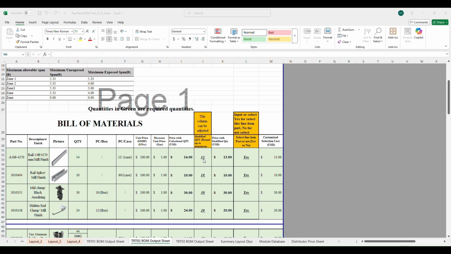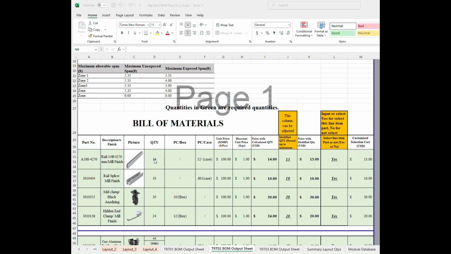And you can also use this column to order the parts in case or box to have some inventory in stock for the future. For example, for the rail, you have one in your stock. Instead of ordering 14, which is the project calculated quantity, you can reduce by 1 to make it 13. It'll recalculate